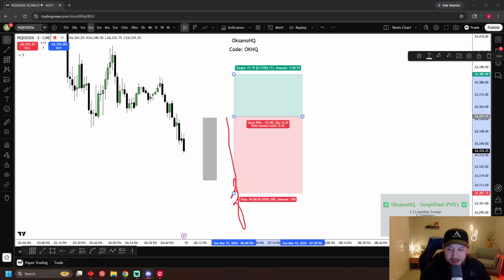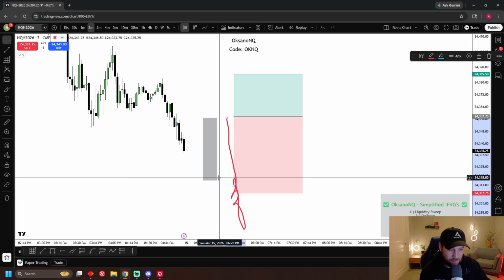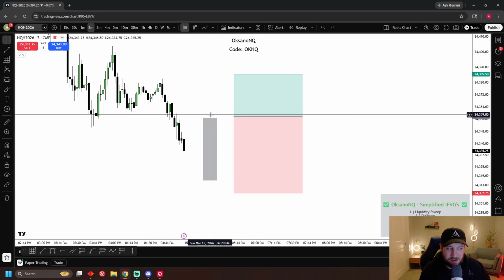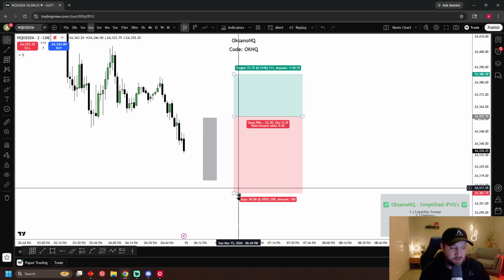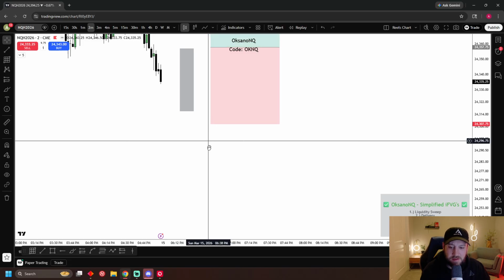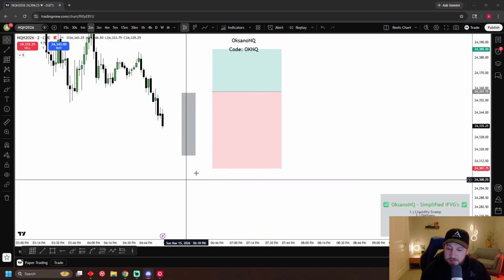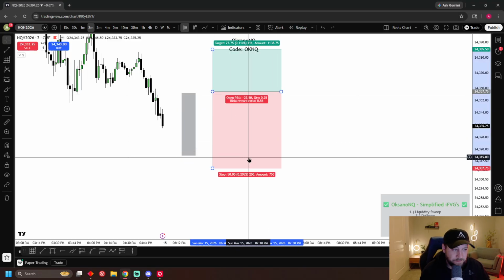It's just not for me. It's stressful. I need to have a hard stop. Can't do the close back below. This could easily rip down 30 more points, 40 points before we even get the close below. I know that's the way Dodgy teaches it, but that is my absolute least favorite method, and it's for these reasons.